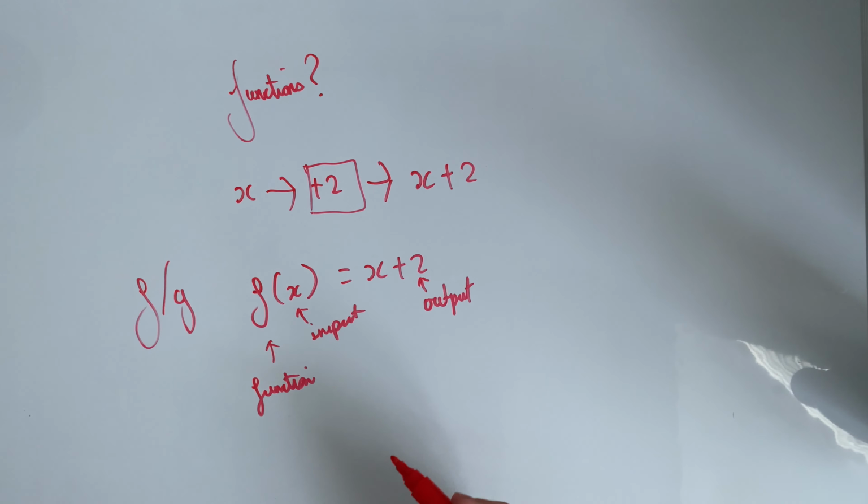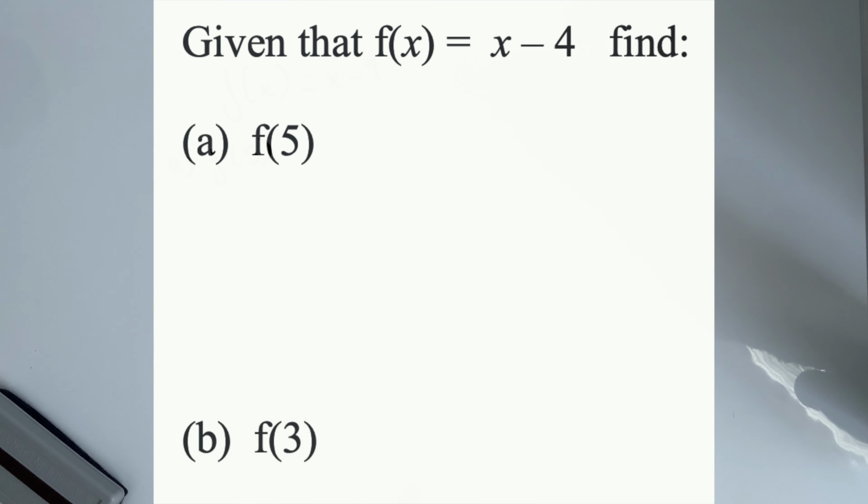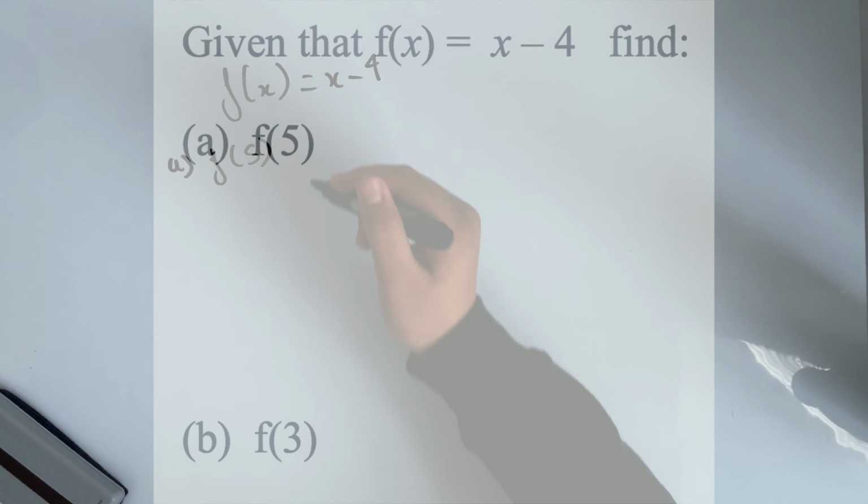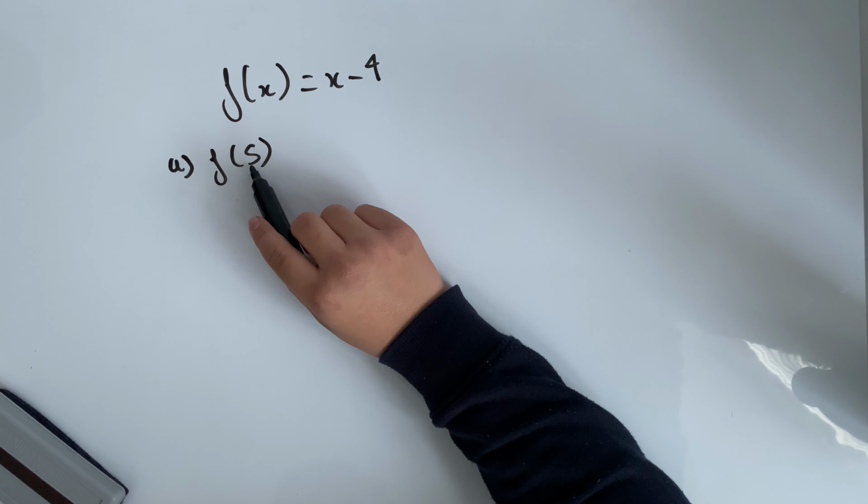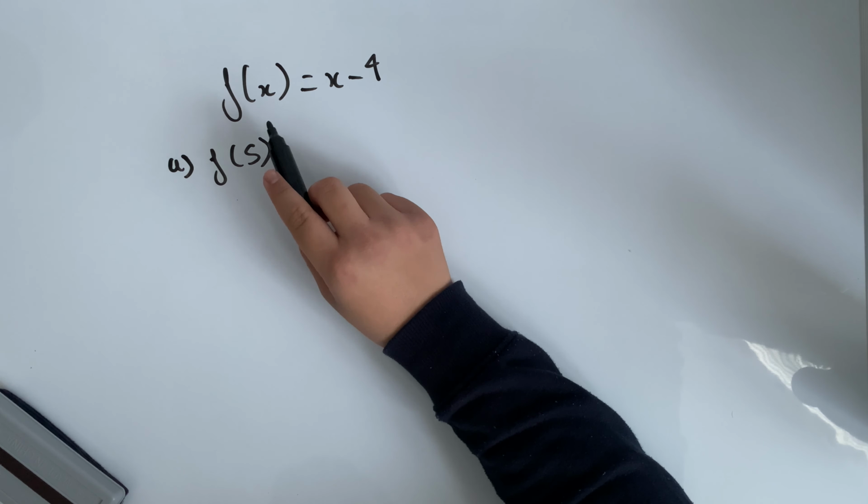Functions is the mathematical way of writing the function machine. So f stands for function, the x stands for the input, and x plus 2 is the output. The reason why we don't write 2 within the x now is because it's used as the question. So for this question, they're basically telling us to place a 5 within the x position, and the x within this line